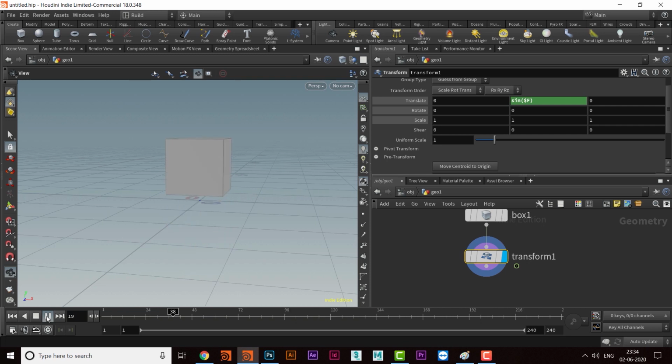If you want to reduce the movement, you can divide. If you want to increase the motion, you can multiply, asterisk. Switch on real time, and the movement will be like that. This is in real time.